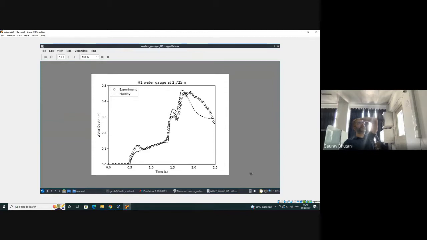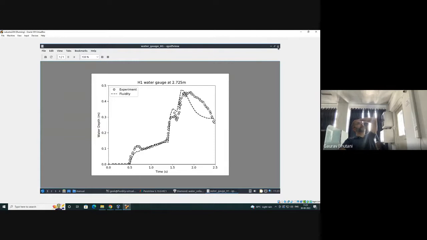If you look at it, it was somewhere in the middle or towards the later side. So initially, the collapse happened. It was flowing from left to right, and as soon as it reaches that x coordinate, the water starts to rise there. The dashed line is what Fluidity gave us, and the circles are what we have from experiments. That's already available in the folder, and we are getting a decent match